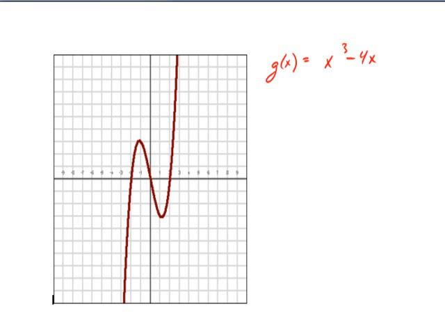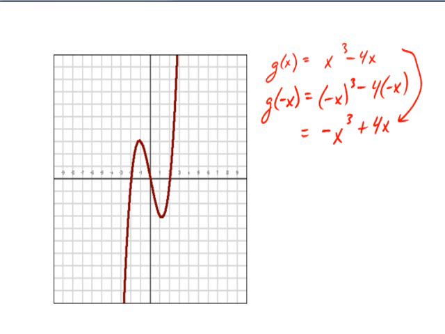The function g of x equals x cubed minus 4x, and once again I will replace each of the x's with a negative x, evaluating g of x at a negative x. Let me simplify. A negative x quantity cubed is negative x cubed. Negative 4x times negative x is positive 4x. And if I compare that to the original function, you'll notice that each of the signs is the opposite of what it was before. So we have